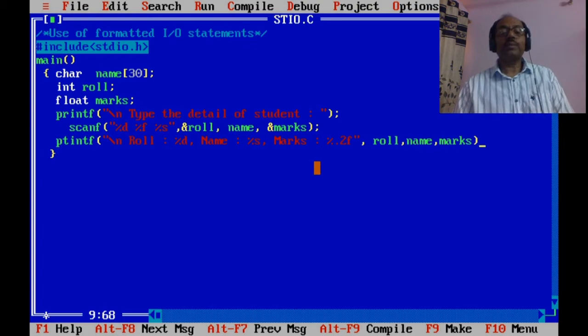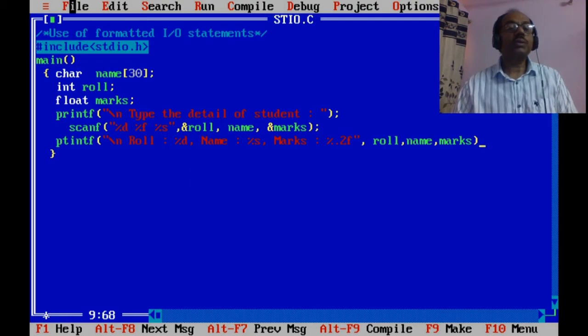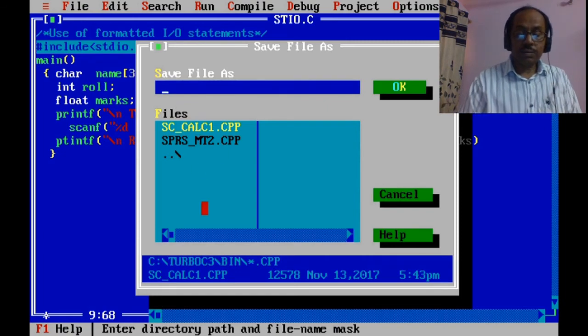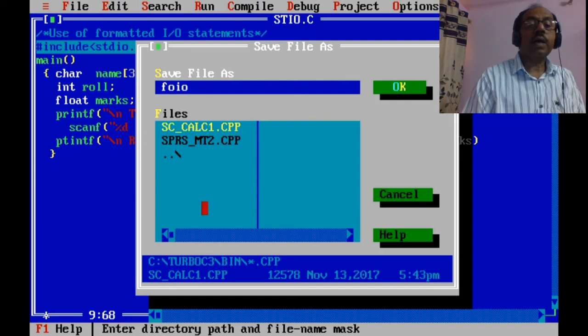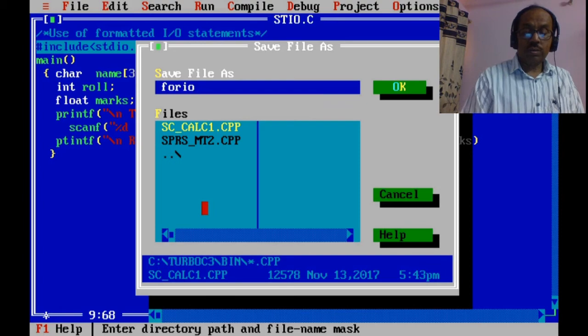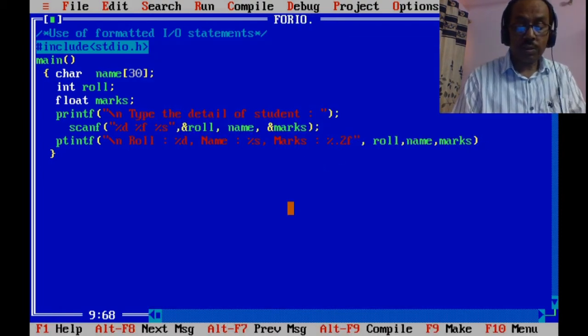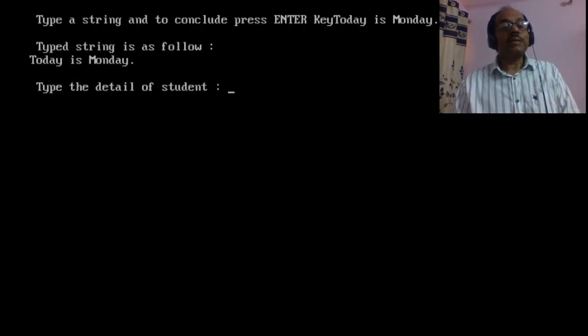So our program has been completed, and now we will execute it. Prior to that, we will save the file as fio.c. To execute the program, we press Ctrl F9, and here it is asking type the detail of the student.